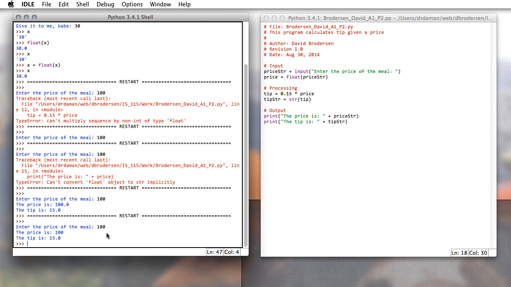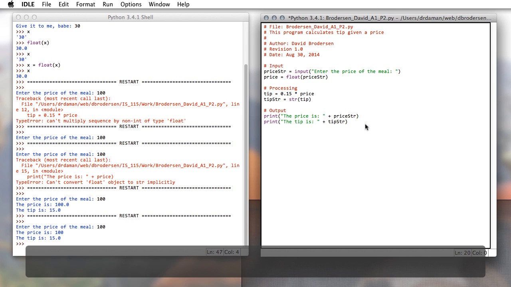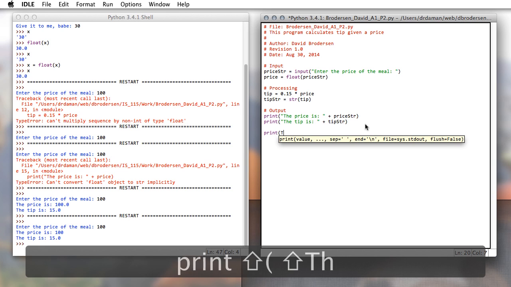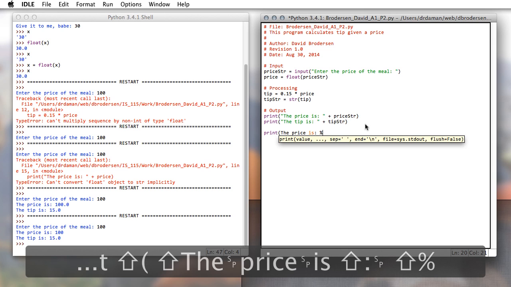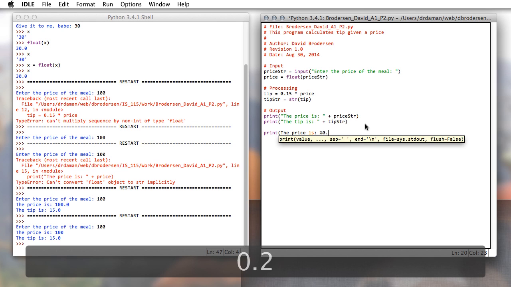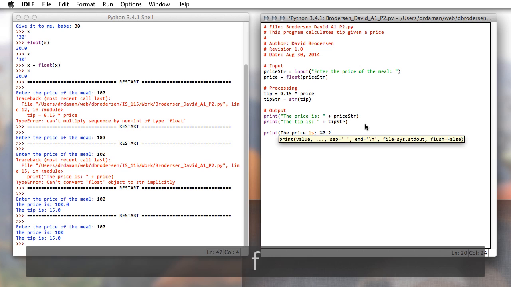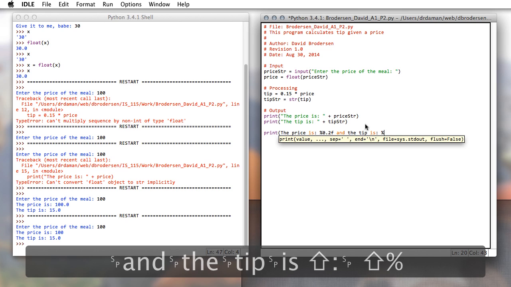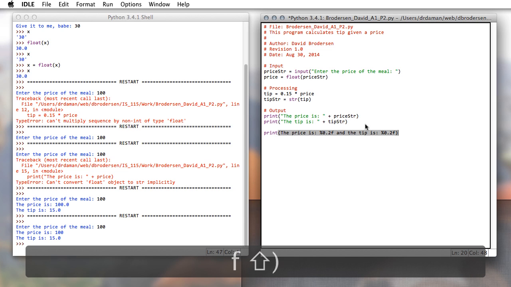Okay, now let me show you one more cool little trick in Python, and that has to do with what's called formatted output. So come down here, I can also say print open parenthesis, the price is, and then I'm going to use a % sign, and since it's a floating point number, if I go 0.2, I'm saying make it to the nearest 100th. In other words, I'm telling it to give me 2 zeros past the decimal point. F for float, and then do a space, and the tip is, again, I'll say %0.2, like so, F,